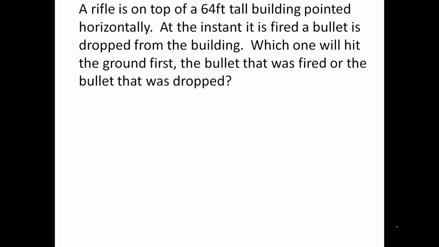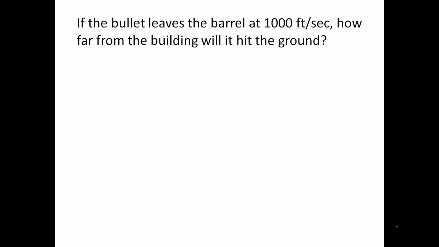But it turns out that the horizontal component of motion and the vertical component of motion are independent. They're independent of each other. And so we can describe the fired bullet with not just one equation, but with two equations, which sometimes makes things a little bit easier. So for example, if the bullet leaves the barrel at 1,000 feet per second, how far from the building will it hit the ground? So rather than trying to find one equation to describe the motion of the bullet, we